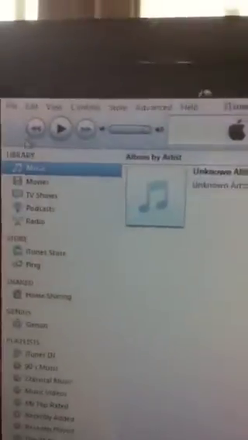I would pick one, just say here, and then I would drag that file into iTunes. It should be appearing here in a second, which appears here. So I drag this over to iTunes, and then from iTunes